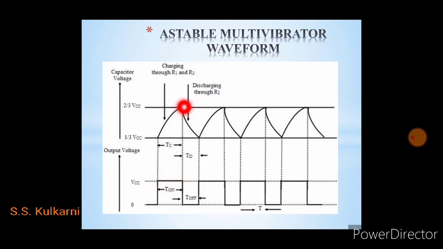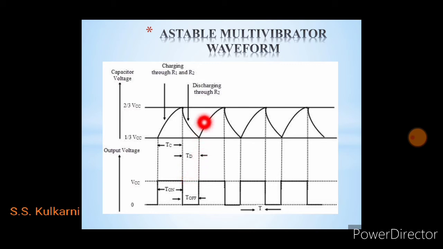When the voltage increases beyond 2/3 VCC, the capacitor discharges through R2, because when the voltage exceeds 2/3 VCC, the upper comparator of the 555 becomes 1 and hence the S input of the flip-flop is 1 and finally Q is equal to 1 and the final output of the 555 becomes 0. Hence, during this discharge time of the capacitor, the 555 timer output is off.